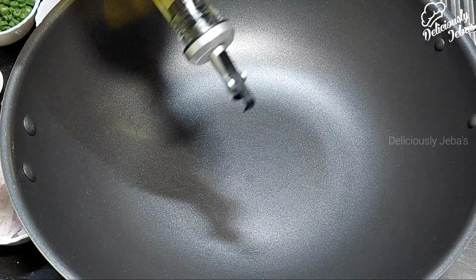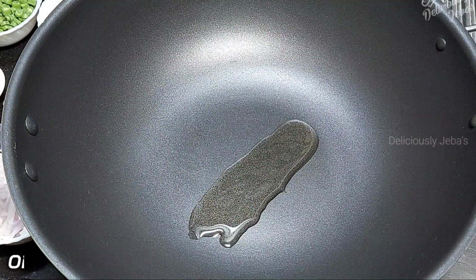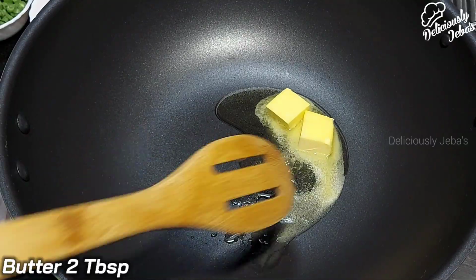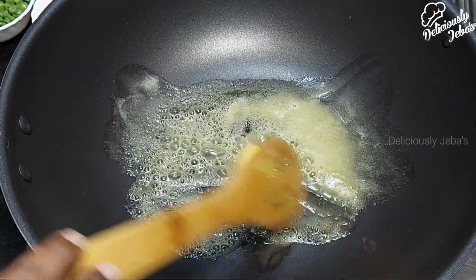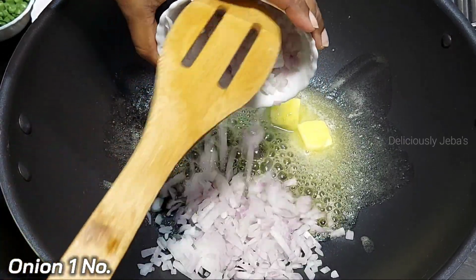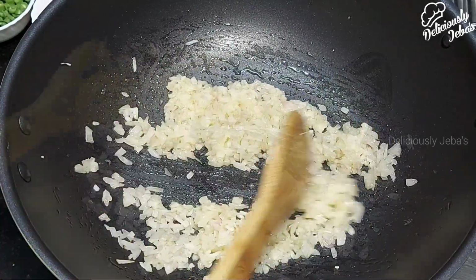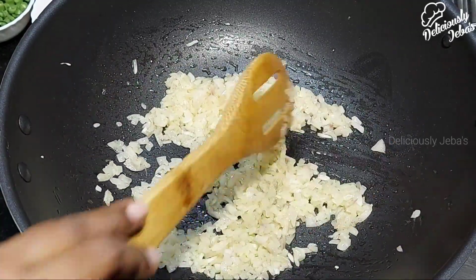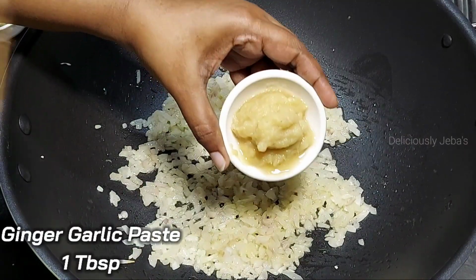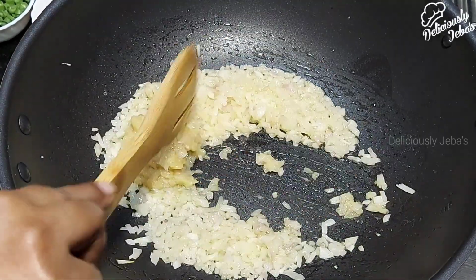Next, in a wok, take a teaspoon of oil and 2 tablespoons of butter. As the butter is melting away, add 1 onion that's finely chopped and saute this on a high flame for 2 minutes or until the onion turns pink and translucent. Next, add a tablespoon of ginger garlic paste and saute for a minute on a high flame or until the